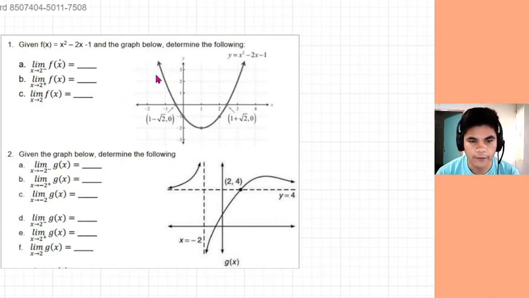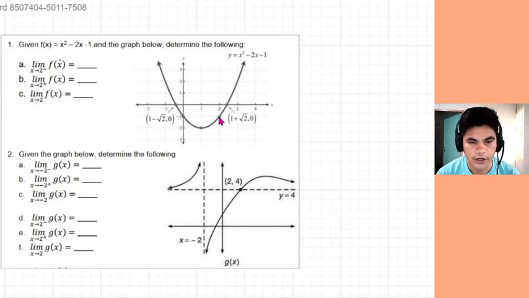Now, if we are going to determine the limit of f(x) as x approaches 2 from the left, with the negative sign here, that means from the left. So as x, this one is the x-axis, approaches 2 from the left. So from here, as x approaches 2, it is here. This point here.